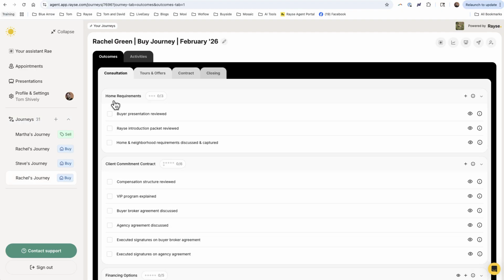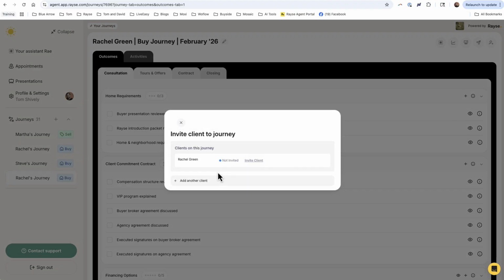Now, when I create a journey, one of the first things I'll want to do is send this to my client. So here's how we can do that: that little paper airplane up there, invite a client. So you can click on that, and then we can send that invitation. Now, we don't send anything to your client when you create the journey. We do actually have to send that invitation. So we'll click send invite, and away it goes, and